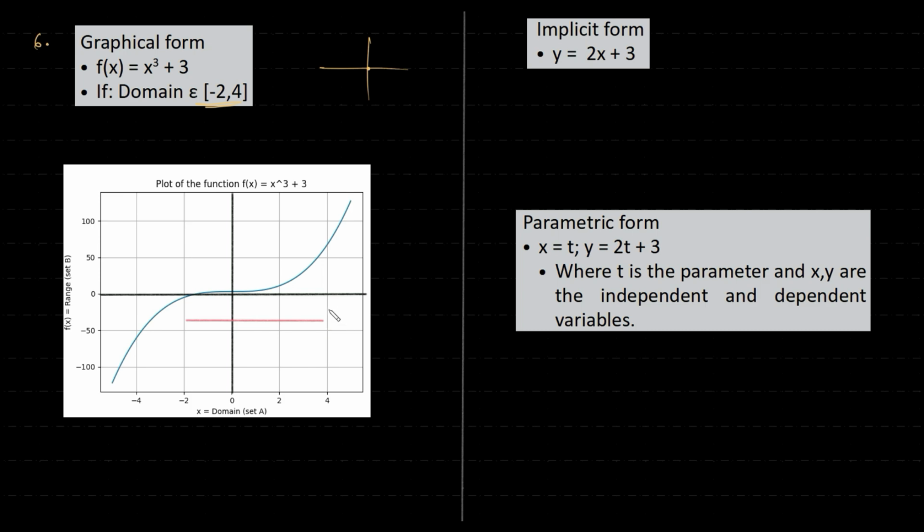So for this, say we have a domain of -2 to 4. So I can just do this. So domain, and what would be the range? The range will start off from here to this point. So basically it is something like this. Let me use a light color. Okay, and from here, so basically this space. So that's your